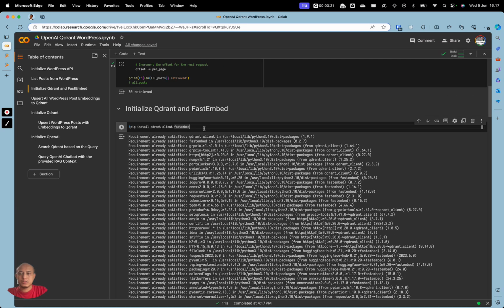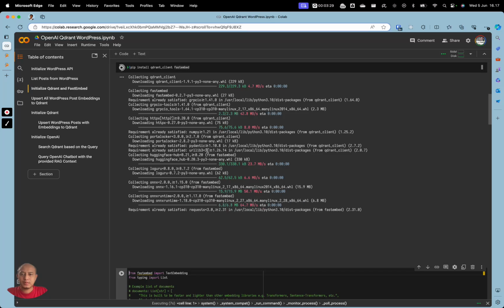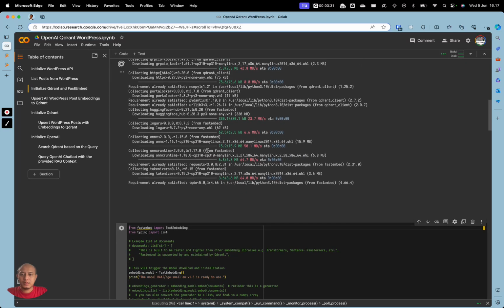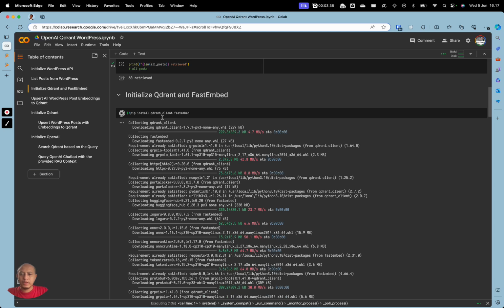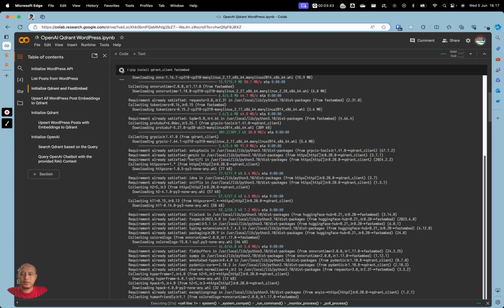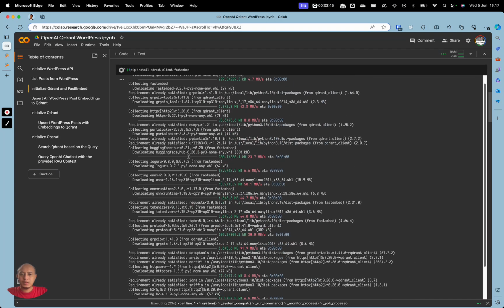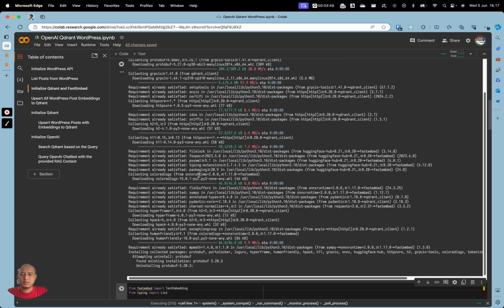Now we need to install the Qdrant client and FastEmbed. We will need the Qdrant client to upload the embeddings to the Qdrant vector database server, and FastEmbed to do the embeddings.